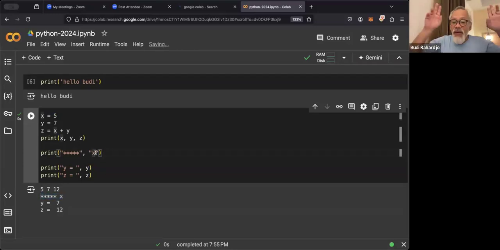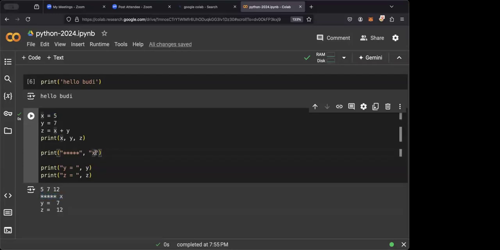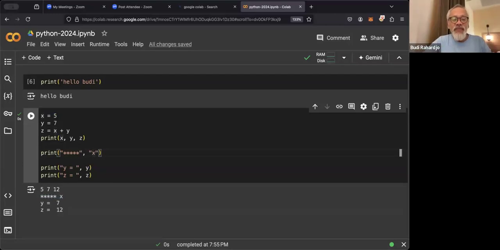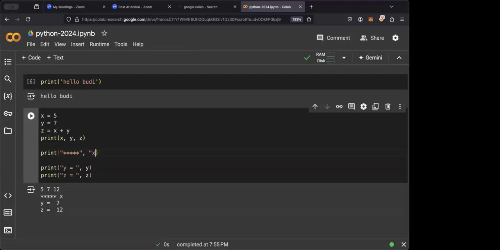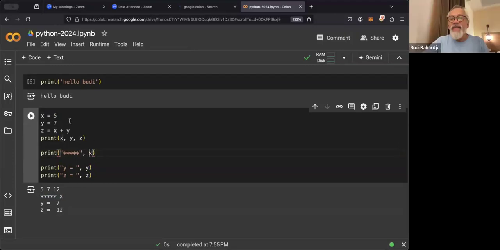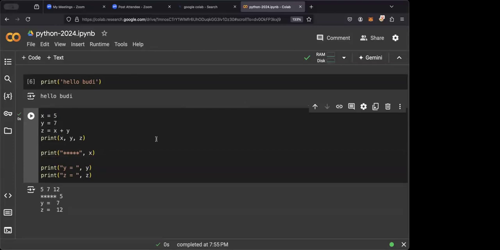Correct. It will print whatever you put inside the quotes. I think it's the same as Excel, sir. In Excel, you have strings, right? So this is similar. Okay, good.